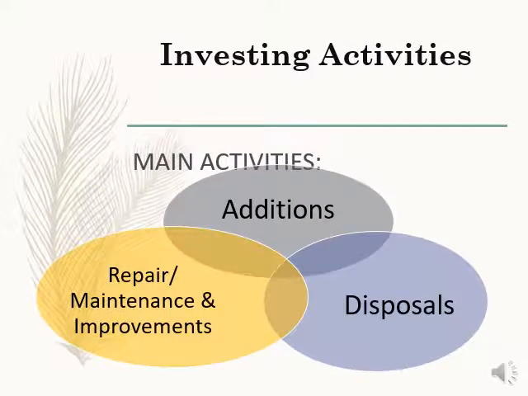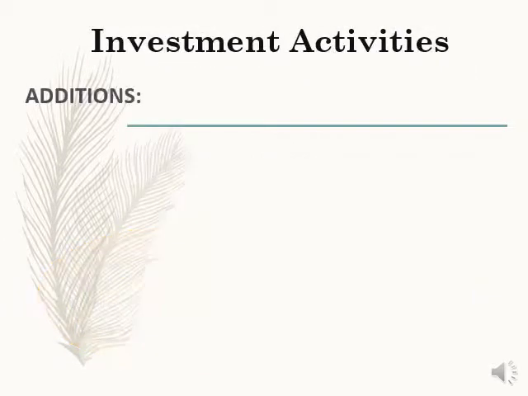So we divided our activities into three main categories: your acquisitions or additions, your disposals, and then the repair and maintenance. Okay, so these are all then subsequent activities, the disposals, repair, maintenance, and improvements, where additions would then usually be your initial recognition. Okay, for additions,